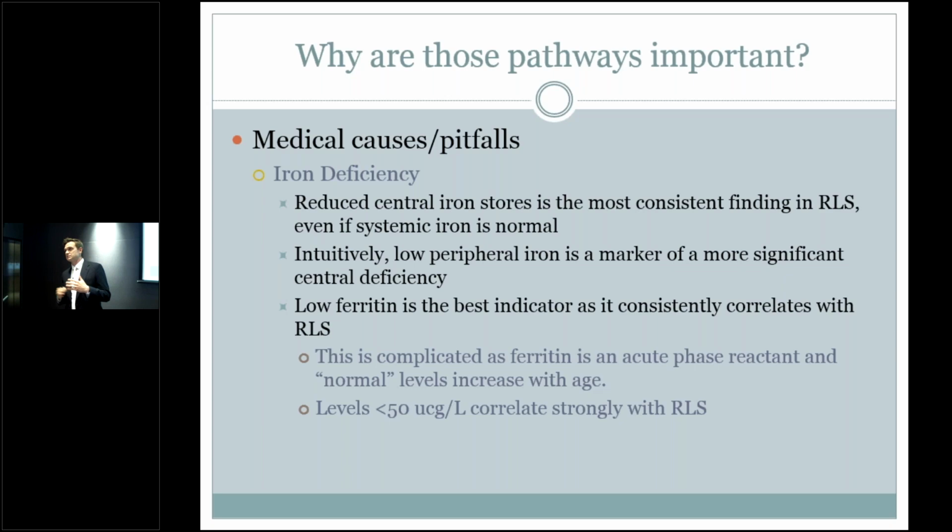Low ferritin is the best indicator. It's complicated because we see ferritin be elevated in the setting of any sort of acute inflammation, things like that, and it actually can mask what is truly a low set point for their ferritin. I actually just saw somebody in the last couple of days whose ferritin over the years had been 12, 13, 175, 42, 23. Well, in the setting of 175, they'd been sick, but in reality, their ferritin naturally hangs at a low point, and they were dealing a lot with their restless leg type symptoms.